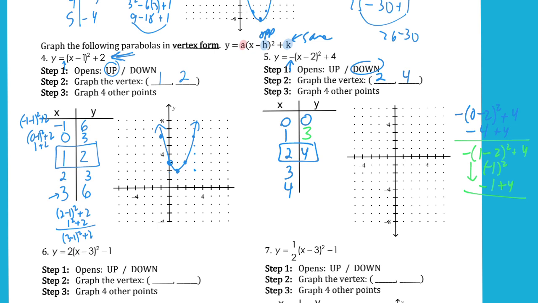We plug in 3, so you do 3 subtract 2, and then squared, bring down the negative, and then add 4. 3 minus 2 is 1, 1 squared is 1, bring down the negative here, and then add 4, that's going to be 3. And the last one is going to be 4, so negative,